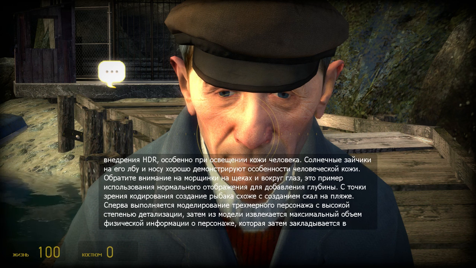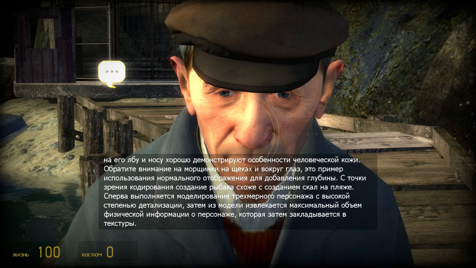Production-wise, the fisherman was built using a similar process to the rocks you saw on the beach. We model the 3D character at a very high detail, then extract much of the physical information and store it